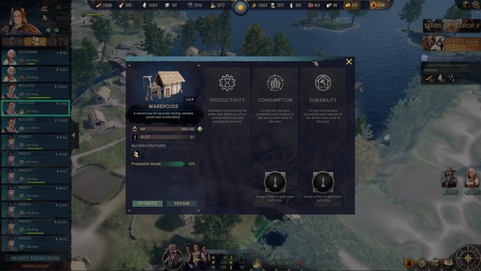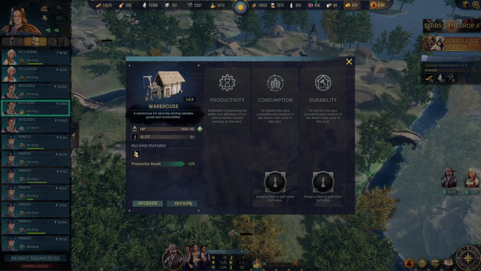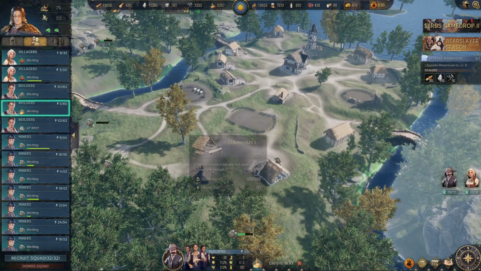Alright, we can't upgrade it to level 5 yet. But this one here is level 3, so this one will be up to upgrade. We just need a little bit more in terms of some wood and some stone, and we'll be able to get that quite soon. In fact, the next time we do our warehouse, our marketplace run, we'll pick up those resources to be able